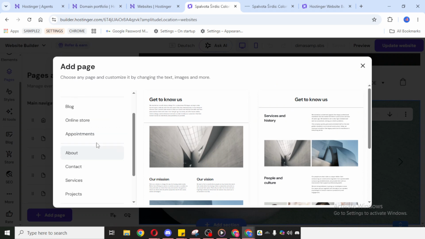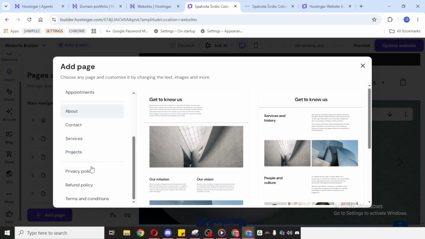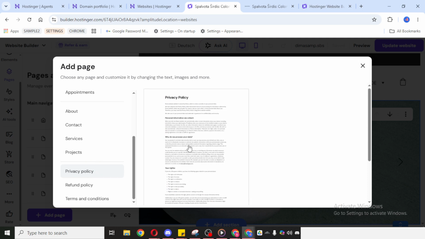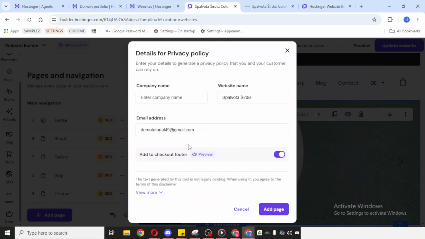This is helpful because it gives you a ready-made structure, saving you time and making sure you include the most common sections people expect to see in a privacy policy. Once the template opens, you can customize it as needed. This is the part where you should carefully review the content and update the necessary details so they match your website or business. Replace the placeholder information with your company name, your website name, and your email address.